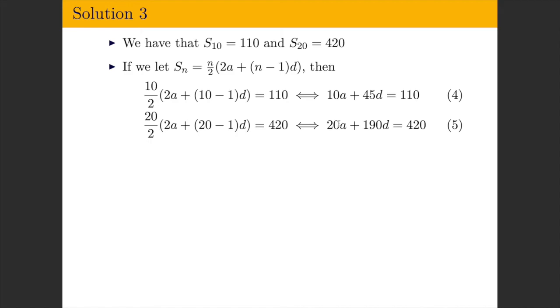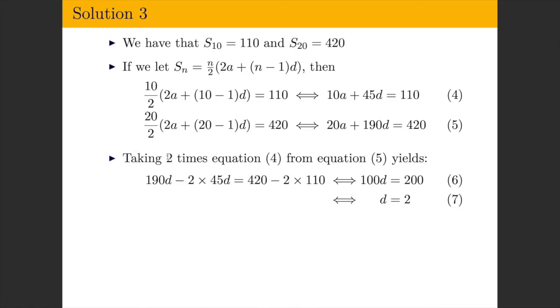Now, there are 2 methods here: we could use substitution or elimination. I am more in favor of using elimination, only because I see here I've got 10a and 20a. So if I multiply the equation at the top, equation 4, by 2, and then subtract them from one another, I'm going to cancel out the 20a and the 20a. So taking 2 times equation 4, and subtracting it from equation 5 gives us, okay,